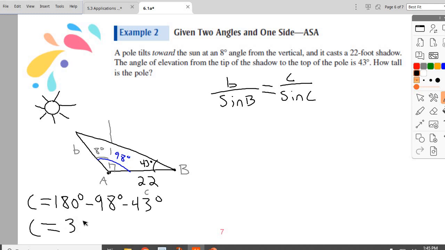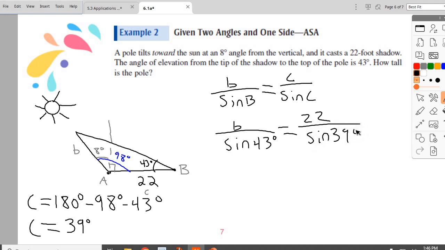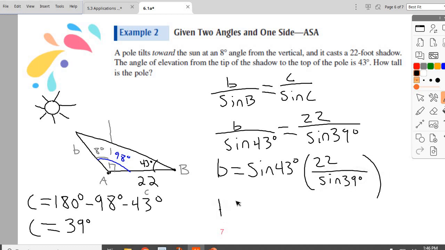39. Okay. And then again, we're just plugging and chugging. So big B is 43, little c is 22, big C is 39, and again, we're going to solve the same way by multiplying by that sine that's on the bottom, and then plugging into our calculator, and what do we get? 23.84